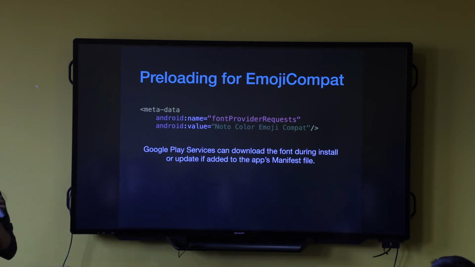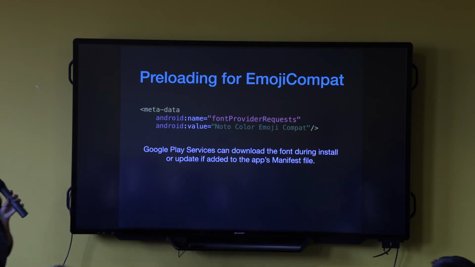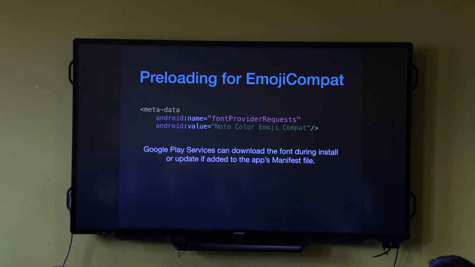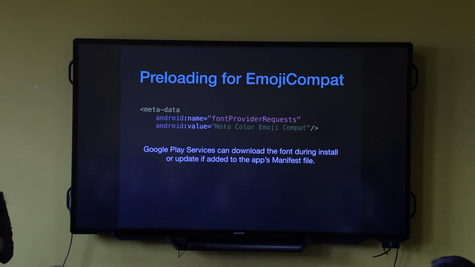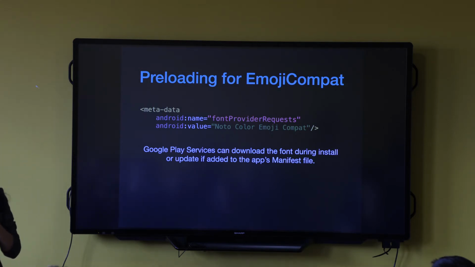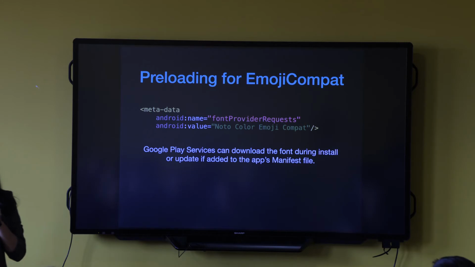Something worth pointing out is you can actually pass in any downloadable font here, but this method is actually recommended for preloading for emoji compat versus what you saw earlier for downloadable fonts. And that's because we want emoji compat to make the decisions of when to load the font rather than the app doing it. And I think this isn't actually in the Google Font Provider documentation, and it was just recently